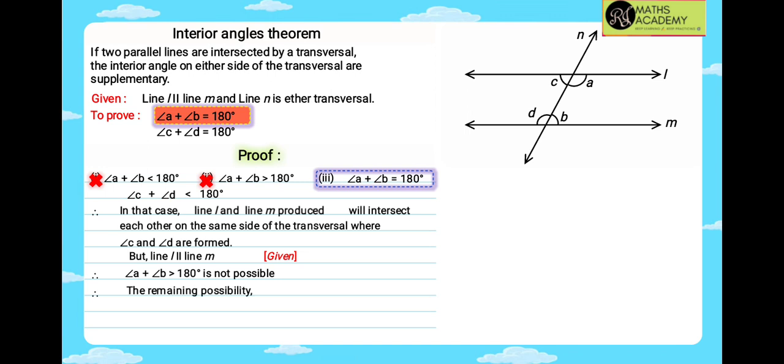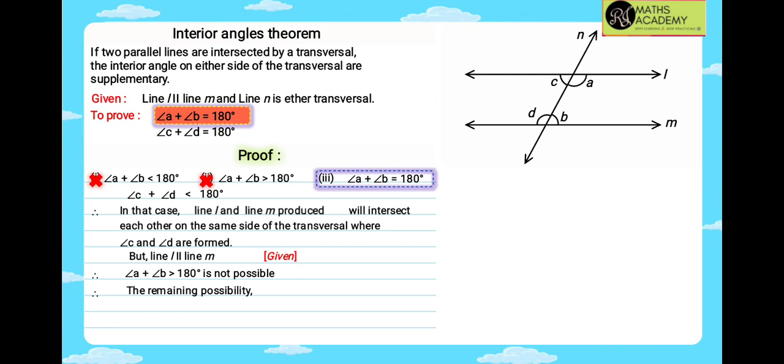So why is it 180 degree? Again, if you see, we can form it as a linear pair or the interior angle. Two properties we are using here. Because of that, we can prove that angle A plus B equals 180. And similarly for the second pair, you can prove angle C plus angle D is also equal to 180 degree.